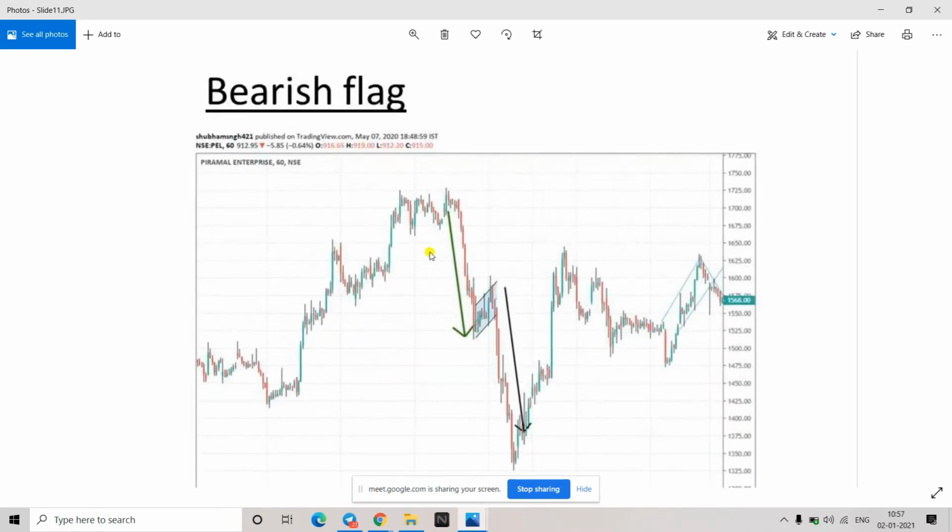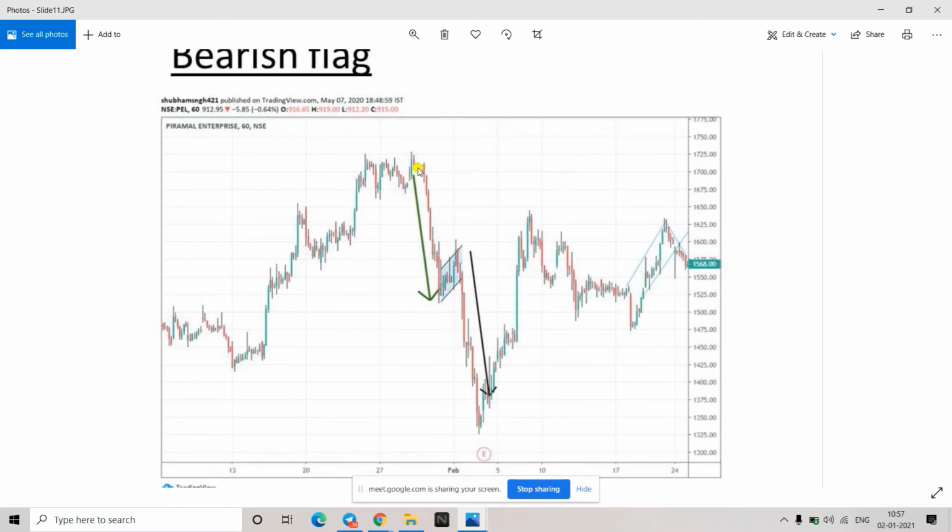If you could see it here, price was sharply falling down. This is a bearish flag. So the price was sharply falling down, and then few small candles. These small candles could be indecisive candles, dodgy spinning tops, or candles with lot of shadows on either side. Those kind of candles will form in the flag. After a steep fall, small consolidation will come, or correction you can say, and this correction will be somewhat parallel kind of a channel which looks like a flag. This line is almost parallel to this.